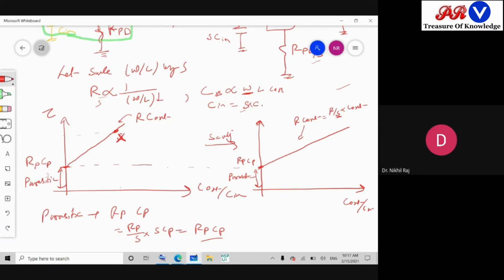So if this was your X point, now what will happen? Due to scaling, this X point will move to the downward side and it will be somewhere here, X dash. So what happened here? We have reduced the switching time in order to increase the speed of the circuit. So what conclusion comes from here? The conclusion is there is no effect on parasitic, rather there is an effect on the switching speed, which is a function of the output capacitance.